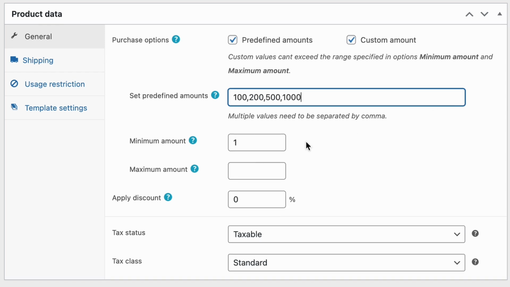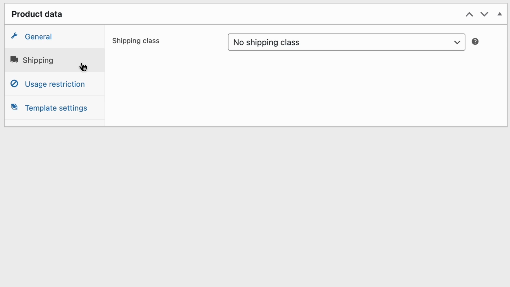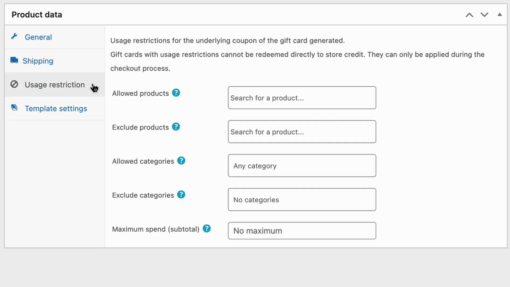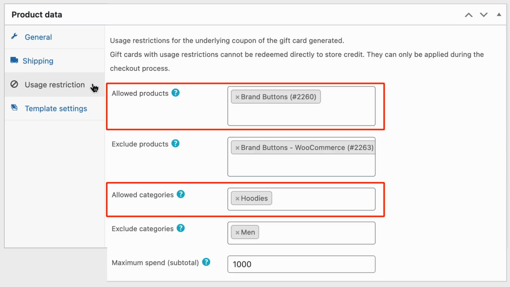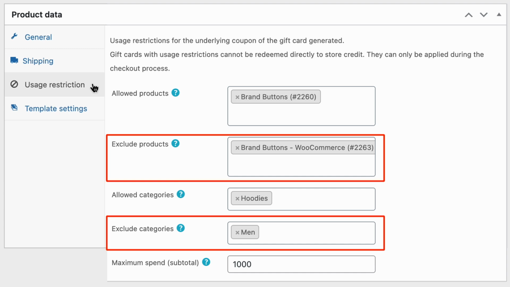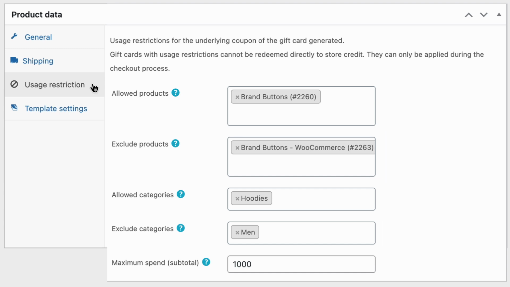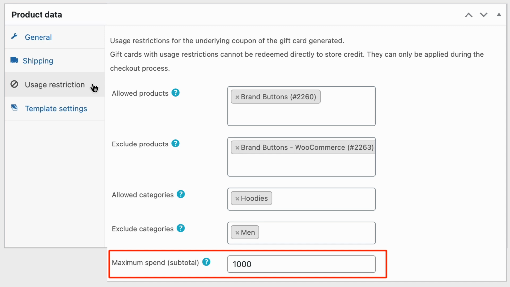Additionally, you can set minimum and maximum values for gift card purchases, and if desired, allocate discounts on the gift cards. Next, select a shipping class for the gift card if applicable, or proceed to the Usage Restrictions tab. Here, you can impose various usage constraints on the gift card, such as limiting the gift card's use to selected products or categories, excluding specific products or categories from gift card redemption,